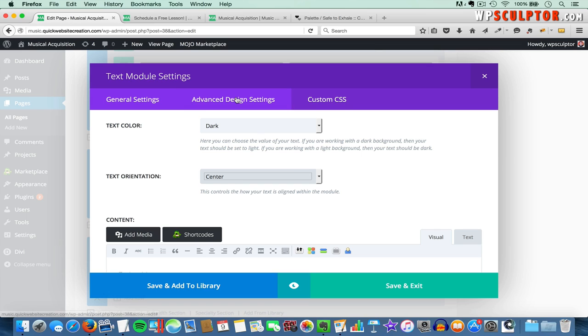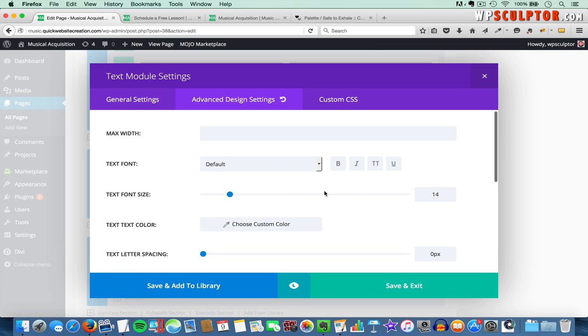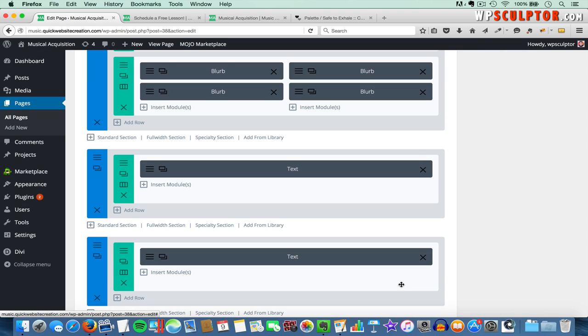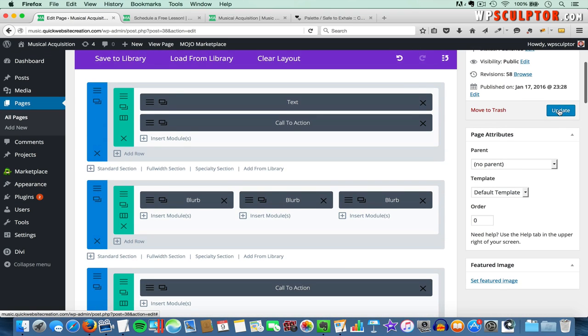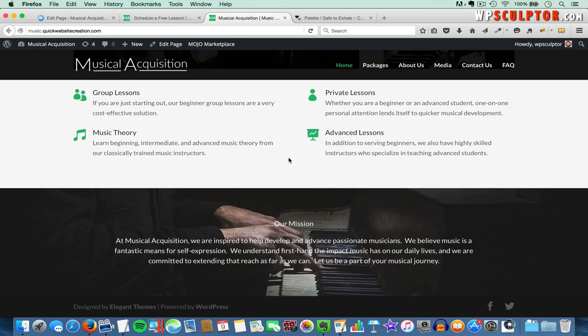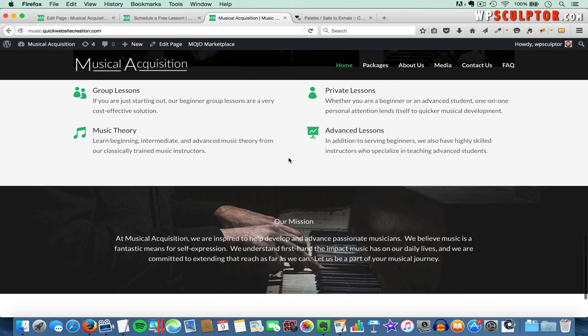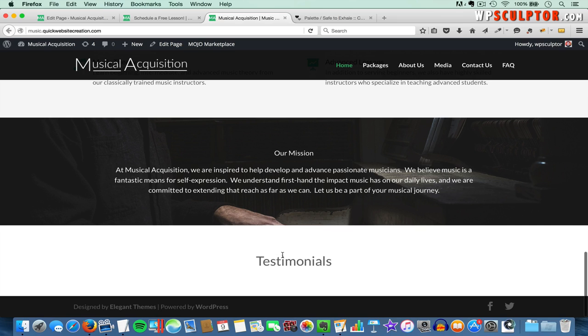And then I'm going to switch over to advanced design settings and change the font to 34. So I'll select that, type in 34, and then go ahead and click on save and exit. And we'll scroll up and click on update and view the front end. Refresh the page. All right, so you see we now have our new section with the text module,